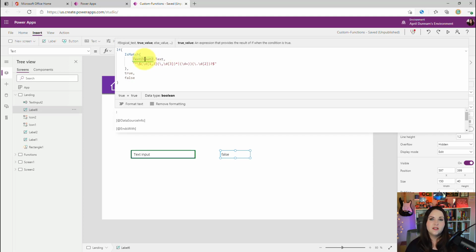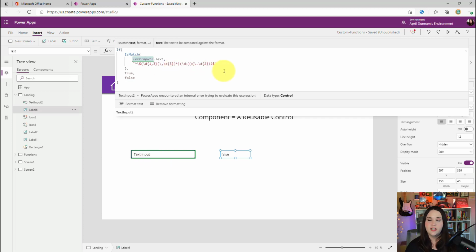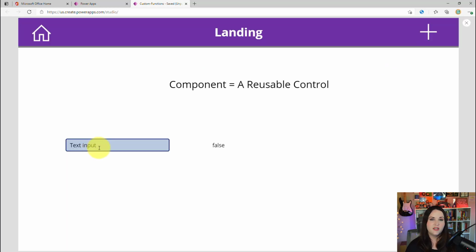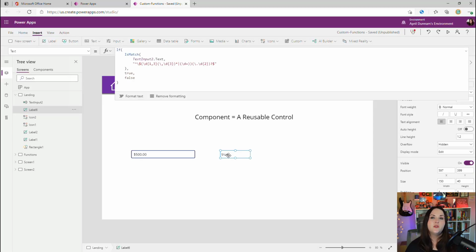So I'm taking in the text inputs here that we have. I have my regular expression and it will return true or false to say whether this is a currency value or not. Right now it's false because I have text entered. But if I were to put in 500, that returns true. So that's PowerApps formula language at its finest, but what if I wanted to be able to extract this